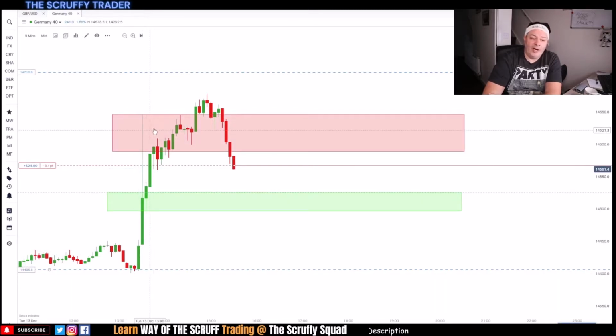Now, the next part of it is, if it breaks the top of this, I'd be looking for a similar situation, but I want to see it short-hand. So I'd want to see it get up here, roll back on itself, and then come back up again. Well, it didn't. It just kind of went, ugh, and then it started dying off, as it's doing here. And because that was the trigger candle, this one here, that made this one the entry